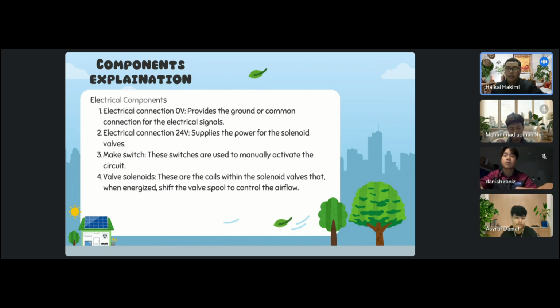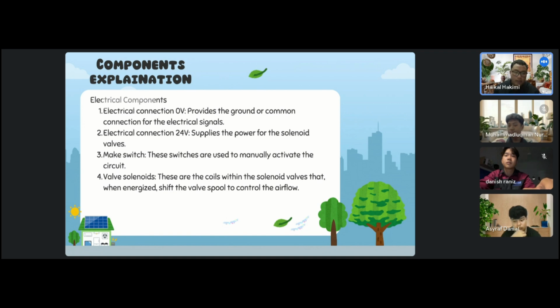For the last electrical component, valve solenoids. These are the coils within the solenoid valve that, when energized, shift the valve spool to control the airflow. The function of the valve solenoid is that these are the electromagnetic coils within the solenoid valve. For the operation of valve solenoids,